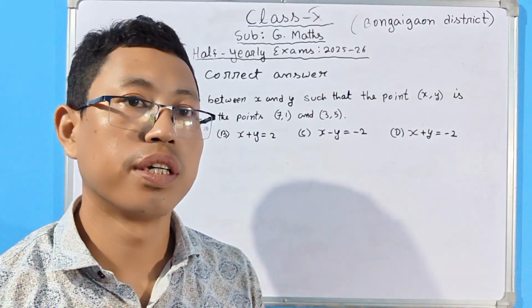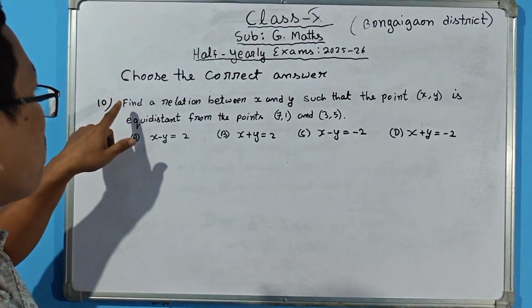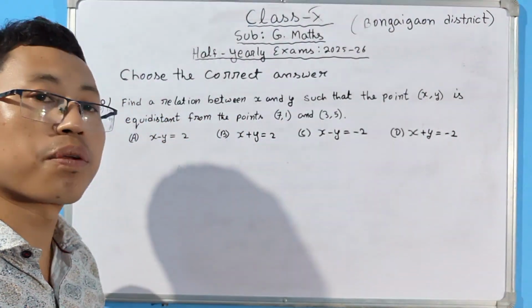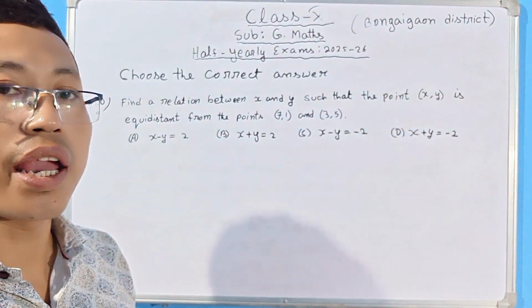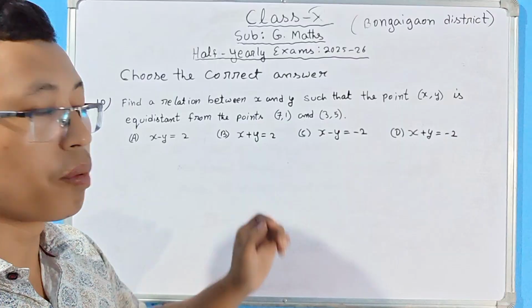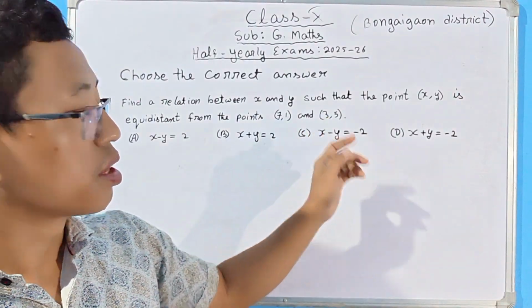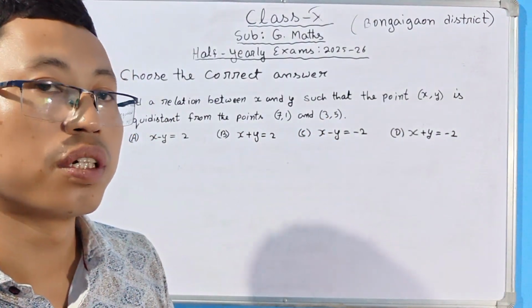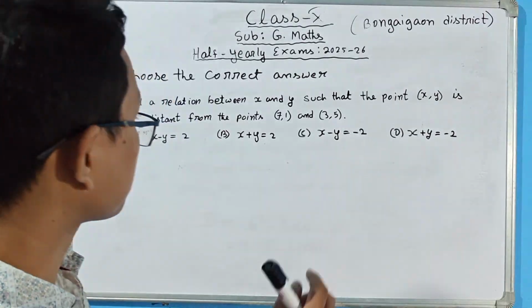Question number 10. Find a relation between x and y such that the point (x, y) is equidistant from the point (7, 1) and (3, 5). So as per the question, it is said that